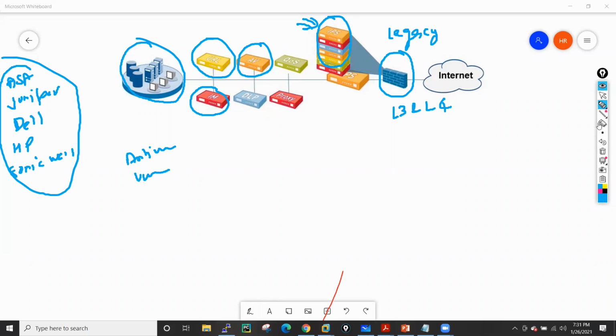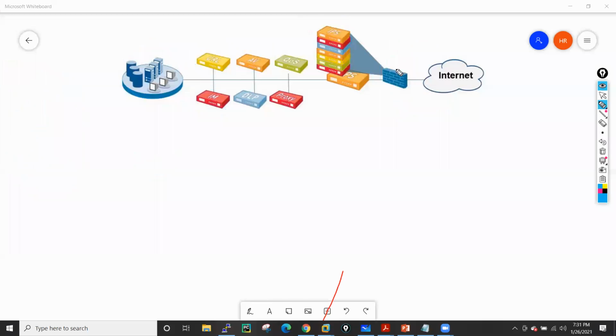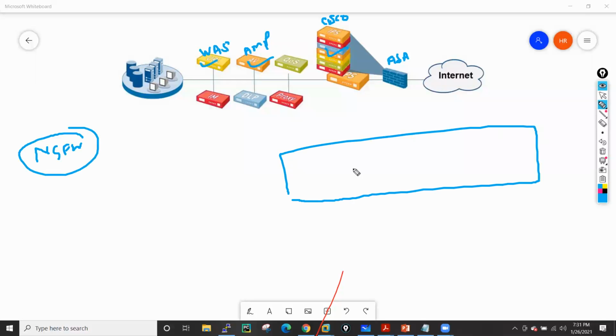So if we take an example of Cisco, let me draw a diagram for Cisco. Let's consider this is a Cisco ASA, this is an IPS solution from Cisco, this is a WSA solution which provides URL filtering, and this is the Cisco AMP solution, right? So in a legacy design, you have to purchase extra hardware if you want extra functionalities. And in a next generation firewall like Palo Alto, Palo Alto gives you all these functionalities inside one box only.